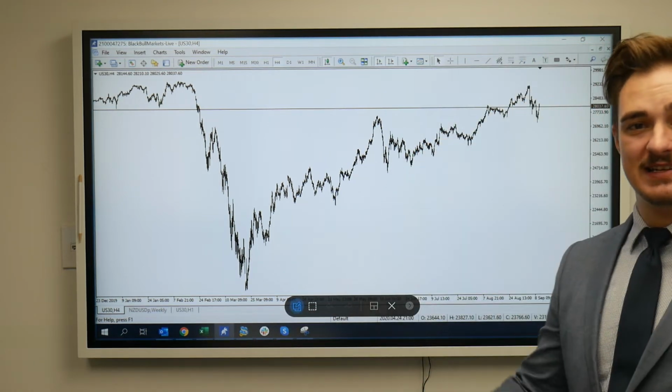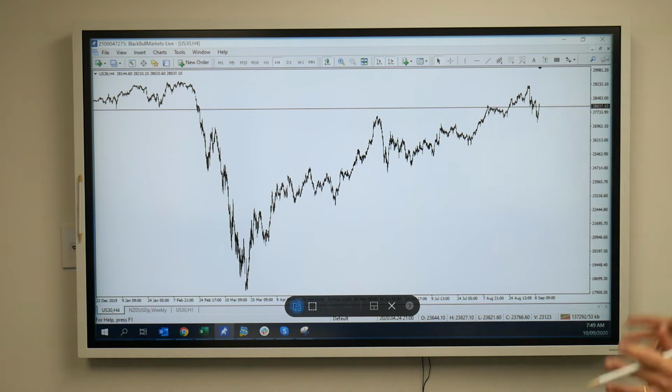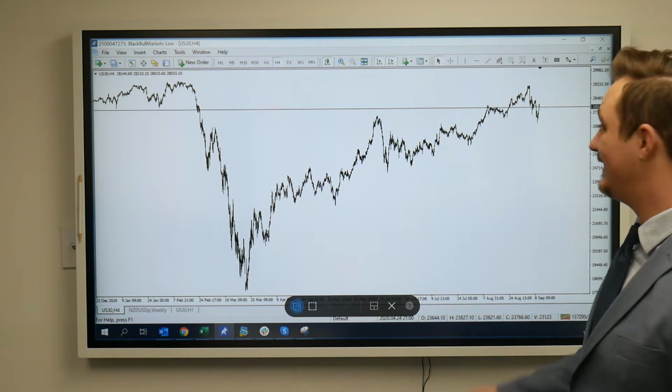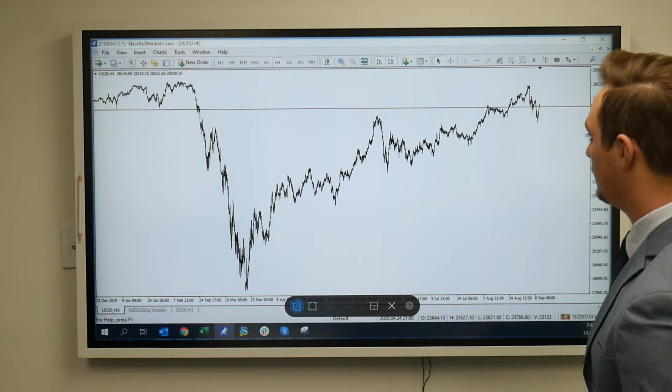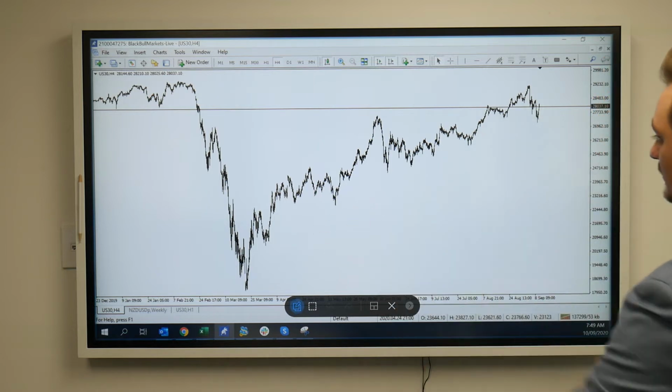So we did recently see a nice drop in the US stocks during this weekend. Now we started to see it pick up a bit over yesterday's US session, still kind of moving to the upside. So what I'll do is I'll take a nice big picture of this, kind of break it down from